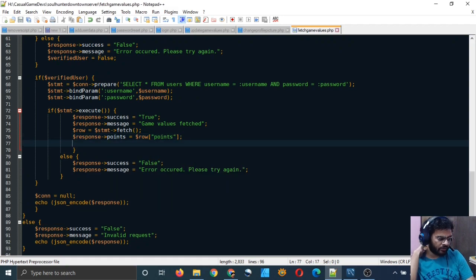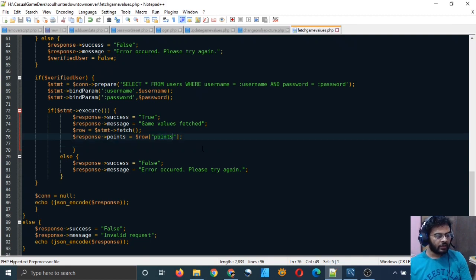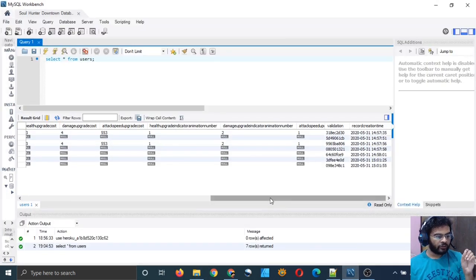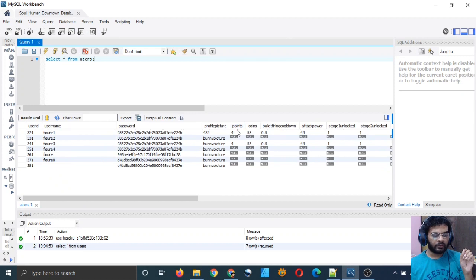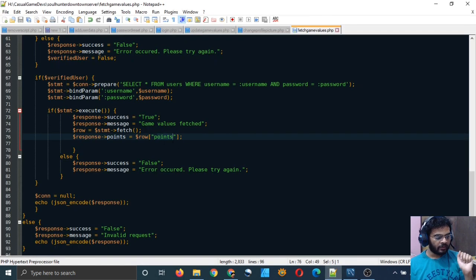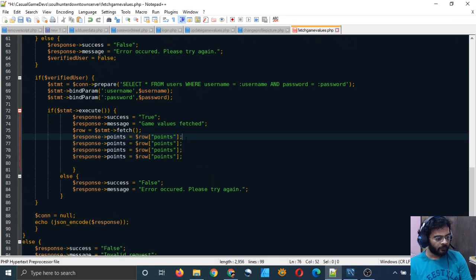I think that's correct. We will see that. I hope it is. And this points string is the exact same name which is present in the database. The name of the column and this string should be same, and then you will be able to fetch that column from the database. So I have to do it for all the other things too.